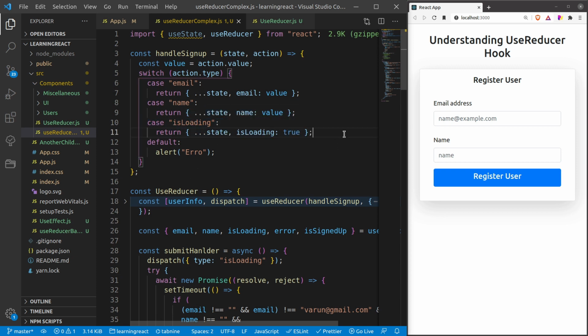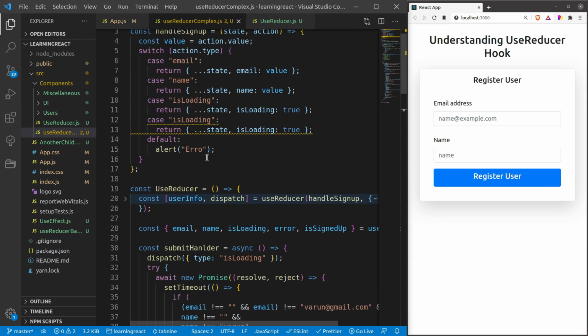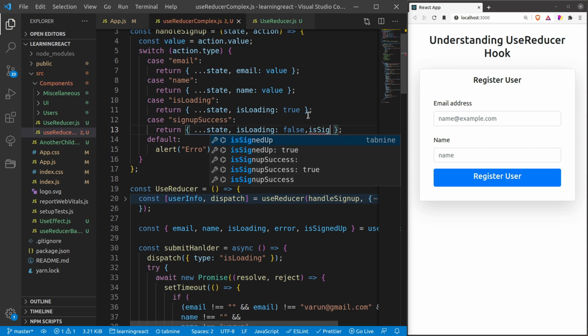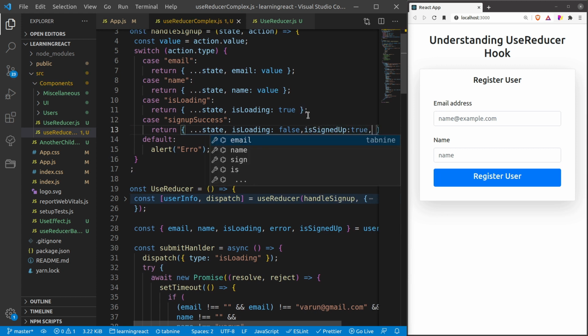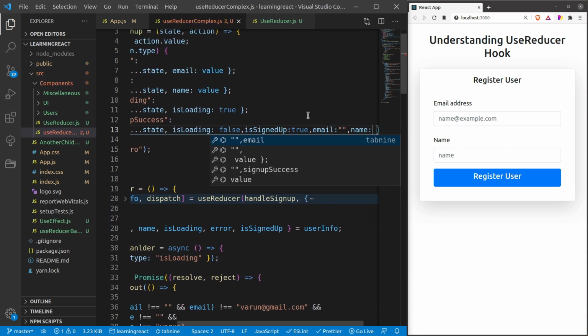Let me copy paste the same thing and then copy sign up success. Okay. And in sign up success, I have to make is loading false, right? And then I will call is signed up as true. Apart from that, I need to change email as blank and name as blank.